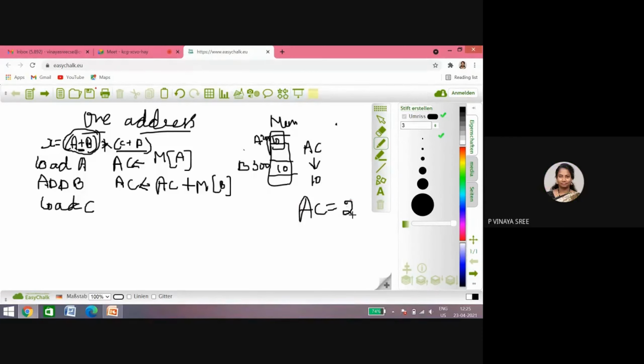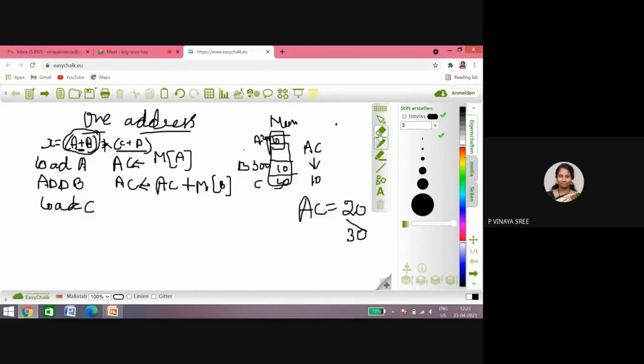The result is 20. So we have 20 in the accumulator. Instead of doing anything, if I simply say load c, whatever we have in c, 30, will replace this 20, and you will be getting 30, which should not happen. Whatever the processor has performed, a plus b, has to be stored in some other location, then we can go for a load.